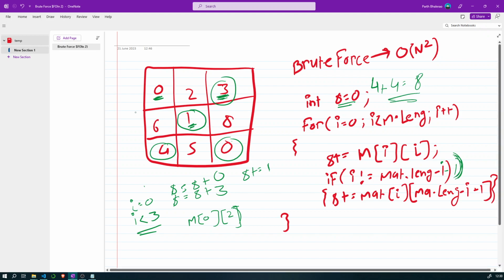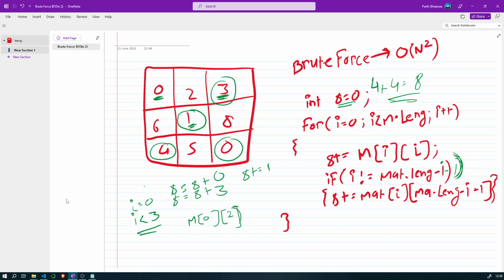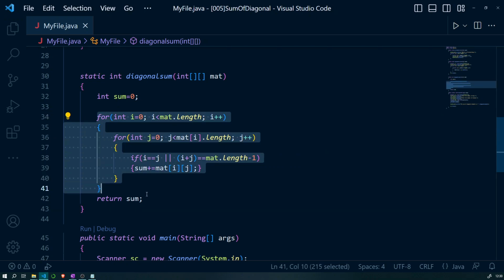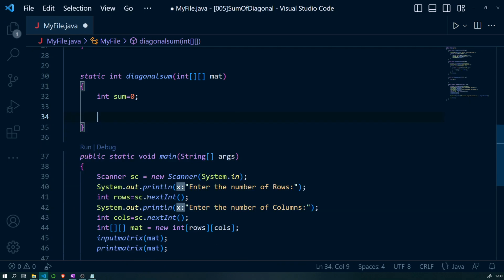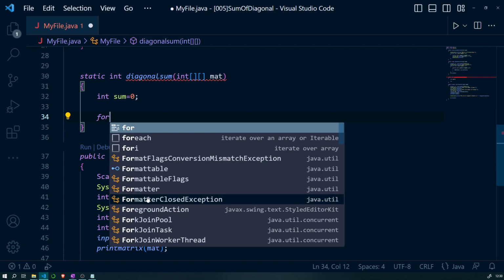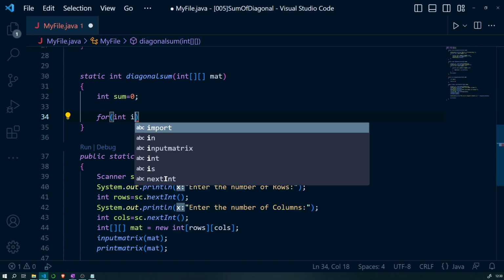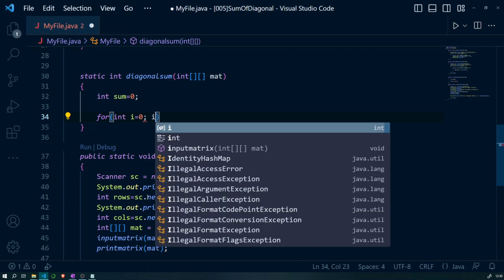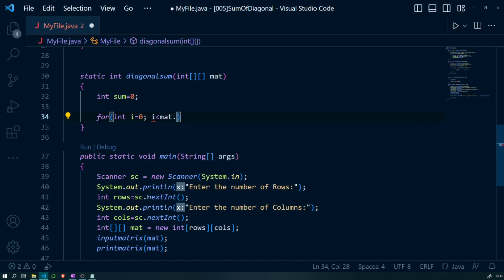Just in case this got you confused, let me write the code, and in this way it will be more clear for you. So let's just remove this code and write the optimized code. So for int i is equal to 0, i less than mat dot length, i plus plus,